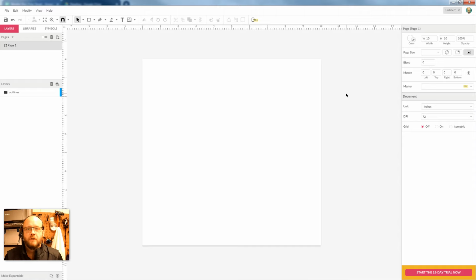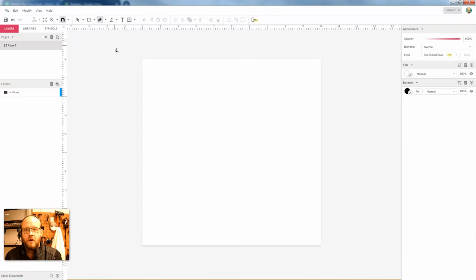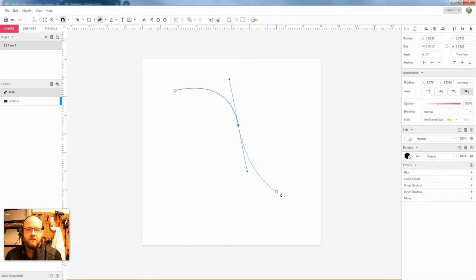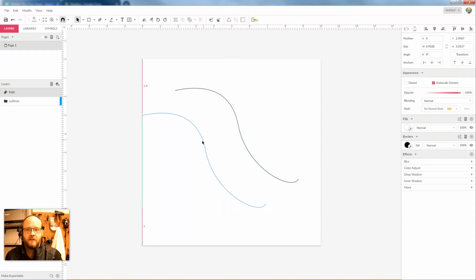All right, so today we're going to look at a couple of tools that are going to help us as we learn to convert shapes and combine them using the Pathfinder functions. So when we use the Pathfinder functions to unite shapes, we can get some really cool effects, but there are some problems. For example, if I grab this line right here, it's a real simple, just basic path,